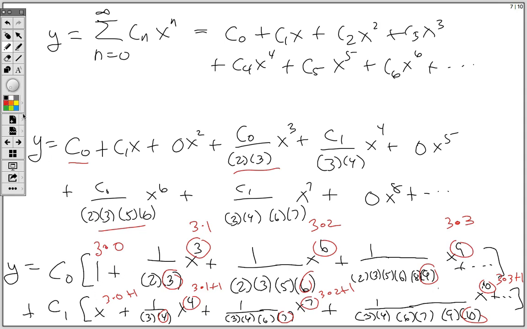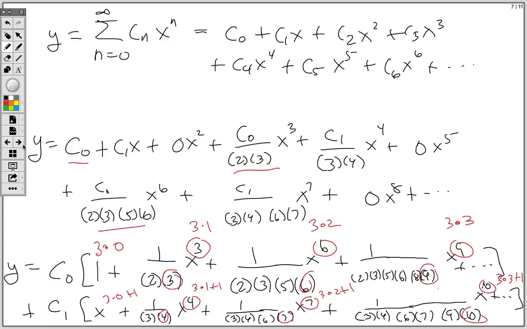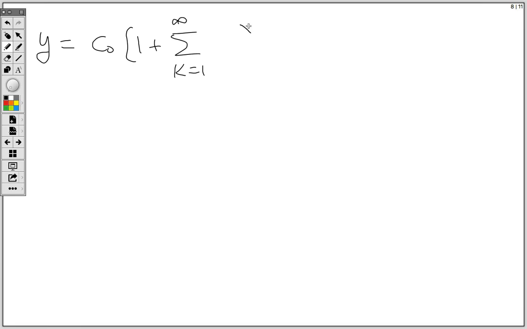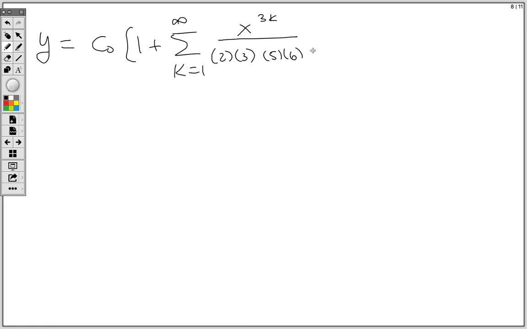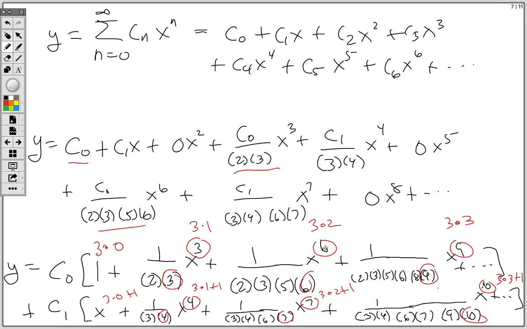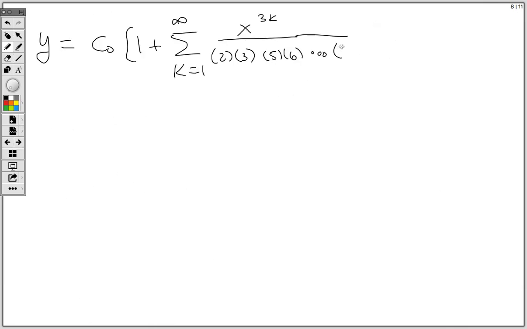So we could write this a couple different ways. One of the standard ways we write it is we keep this out, and you'll see why here for a minute, plus the sum k equal 1 to infinity, x to the 3k over 2 times 3, times 5 times 6, dot, dot, dot, up to whatever the power is, times whatever the power is before it. So it'd be 3k minus 1 times 3k